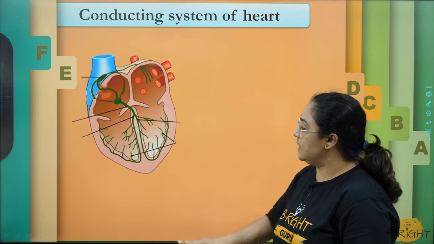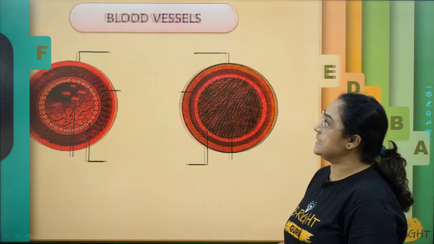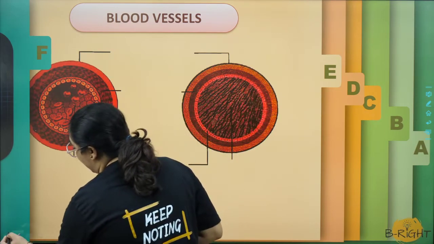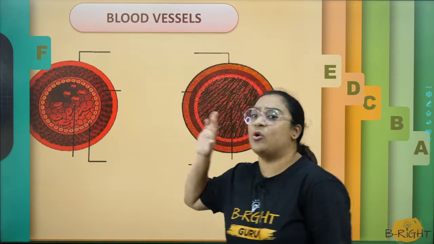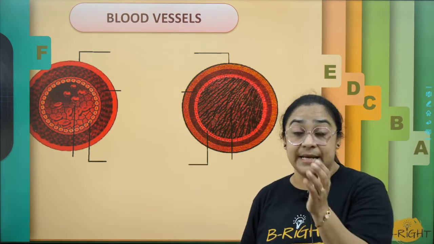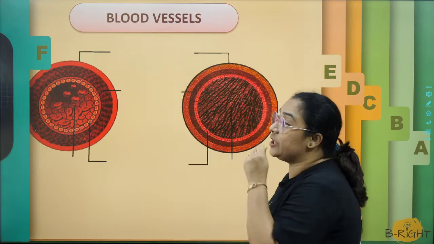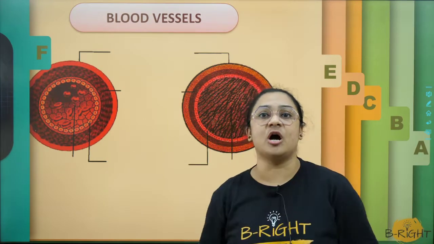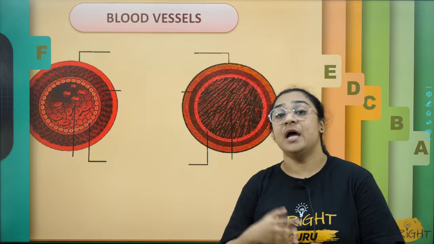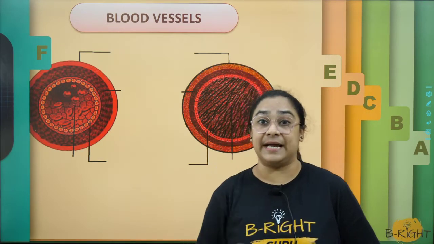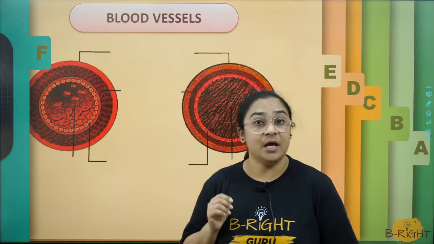Moving on further, the last part of my slide is blood vessels का labeling, जो हम लोग quickly खत्म कर लेते हैं. बहुत ही easy है और ये बहुत ही common question आ चुका है in most of your board exam papers. But now students, what you have to extra prepare is कि आपको इसके diagrams draw करने की practice शुरू कर देनी है, because in past few papers मैंने notice किया है कि वो blood vessels के diagrams draw करने के लिए भी पूछते हैं,